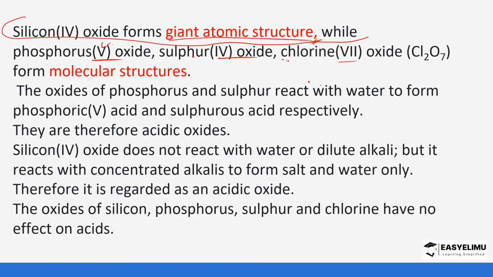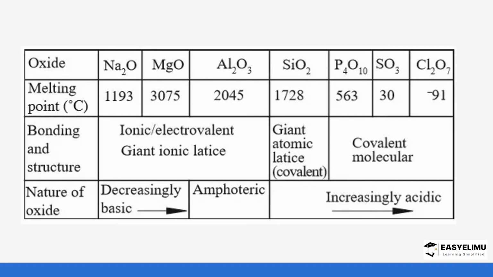Oxides of silicon, phosphorus, and chlorine have no effect on us. They are already acidic in nature, so they cannot further go on to react with acids. So this is the overview of the reaction. So we have the sodium oxide, magnesium oxide, and